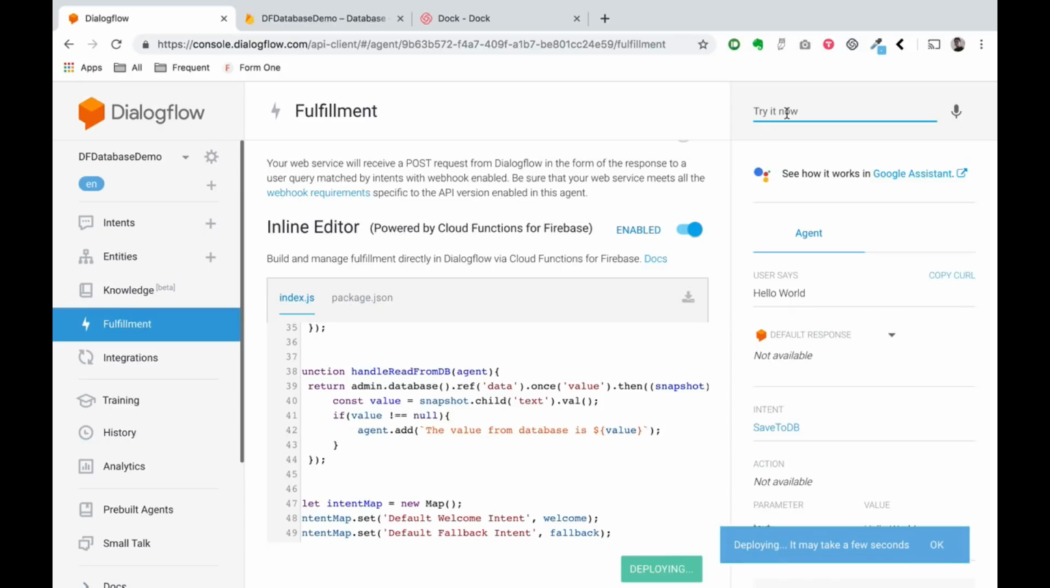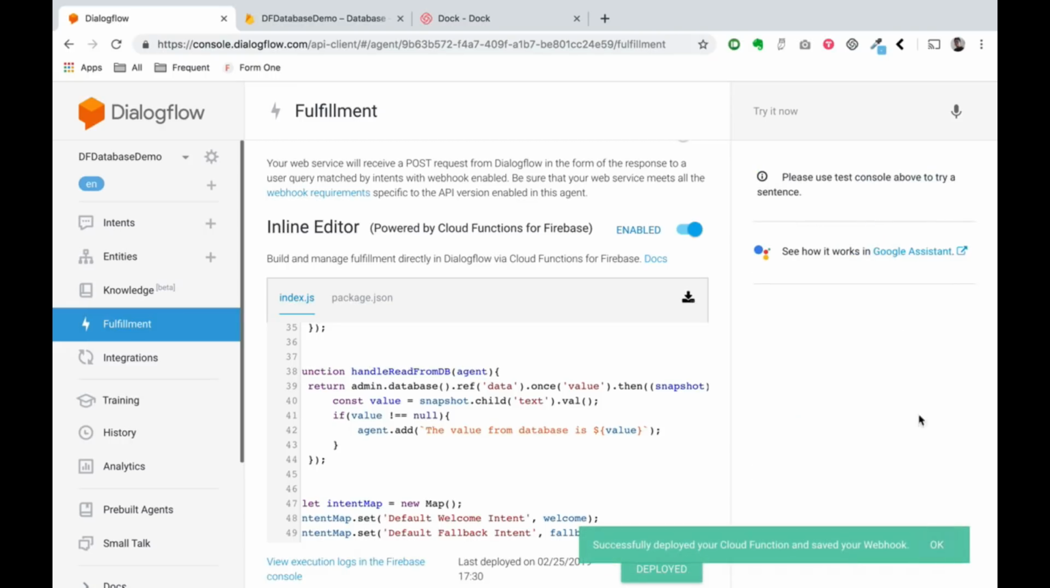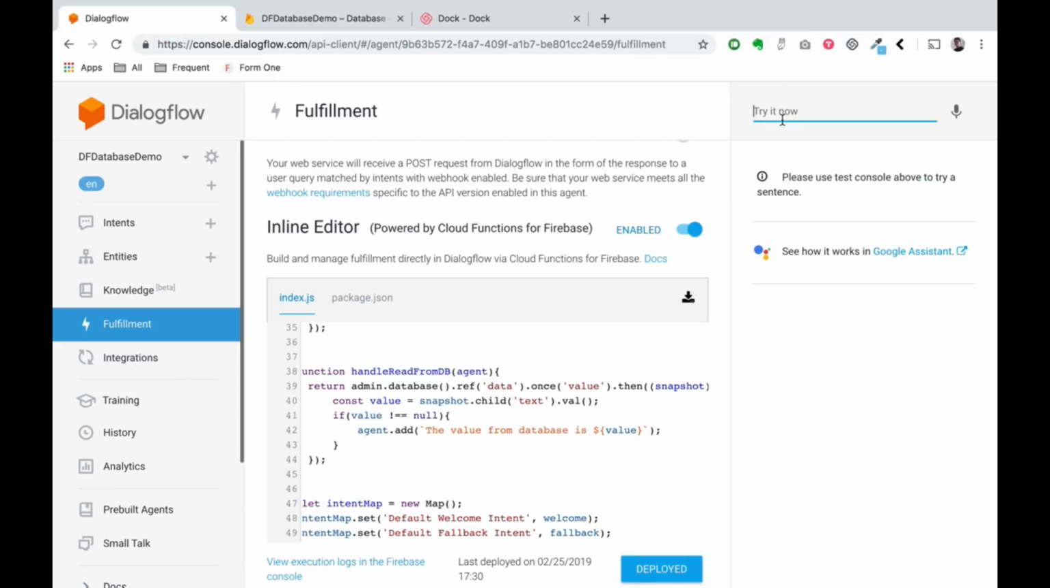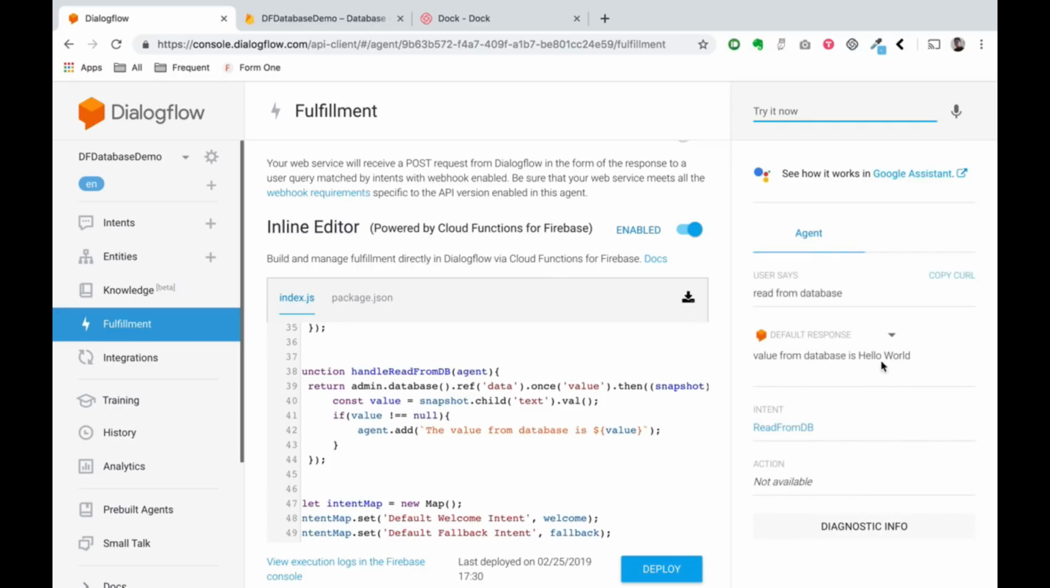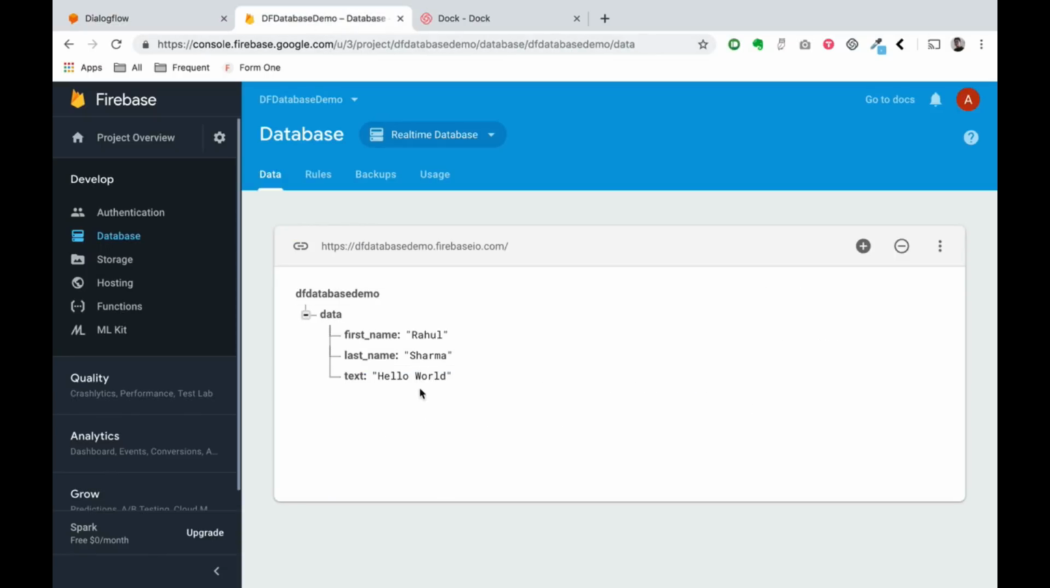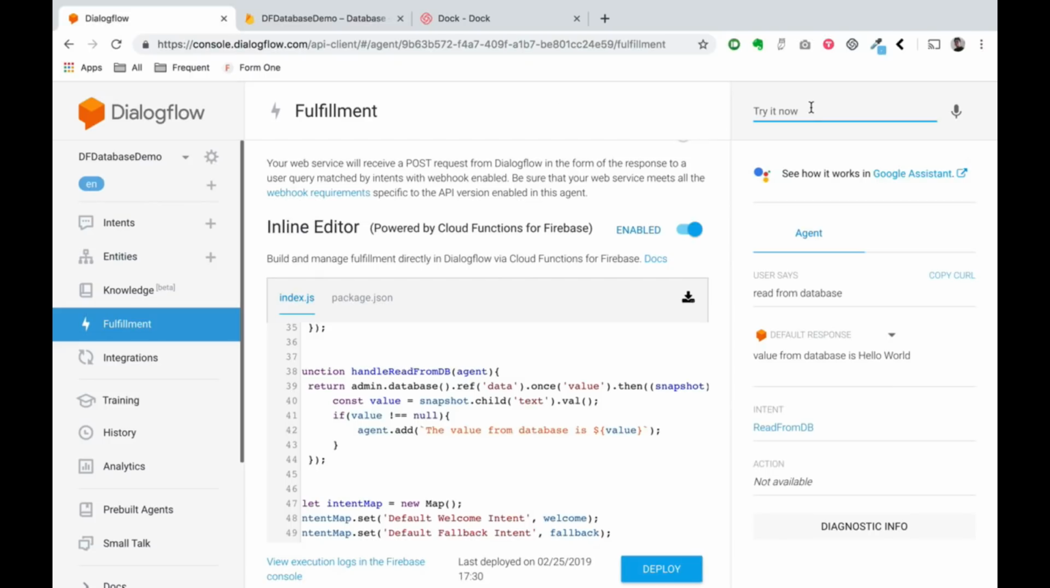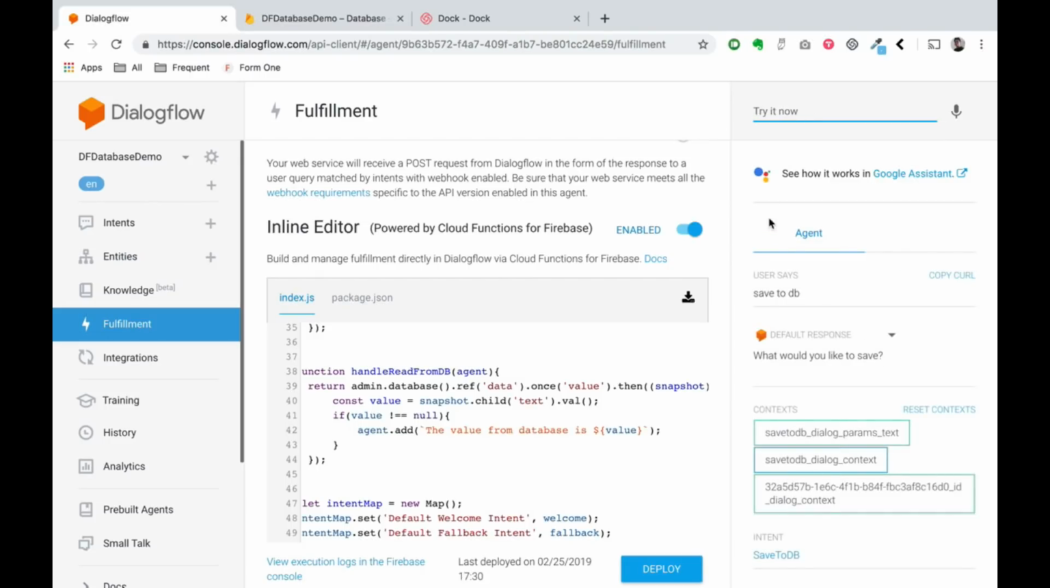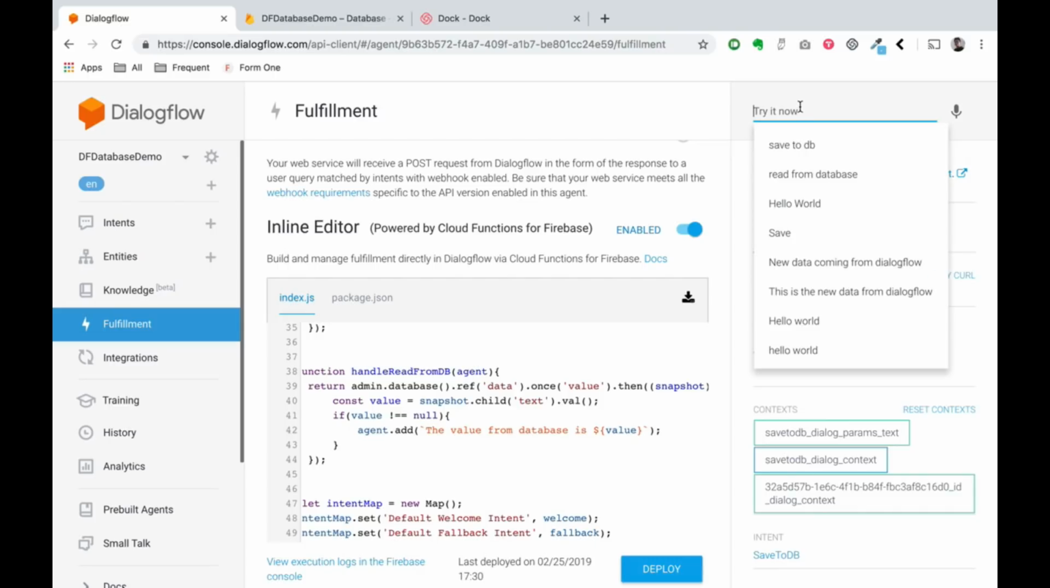And if we say, let's wait for it to deploy. Okay, it's deployed successfully. So if we say read from database, it says hello world, which is here. Let's change it. So save to database. What would you like to save in the database? I would like to save